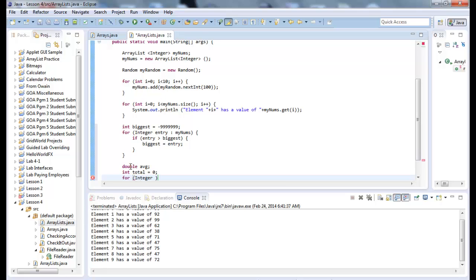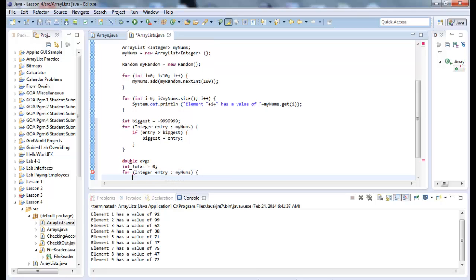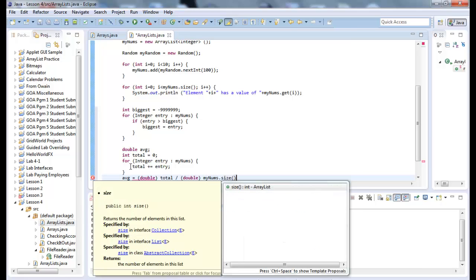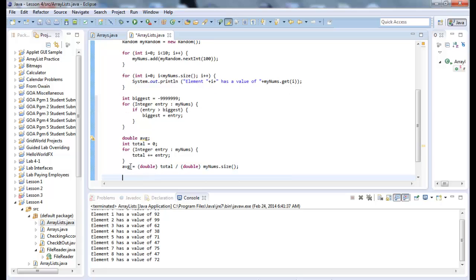For integer entry in mynums, total plus equal entry, and at the end of this, average equals double total divided by double mynums.size, and we will do